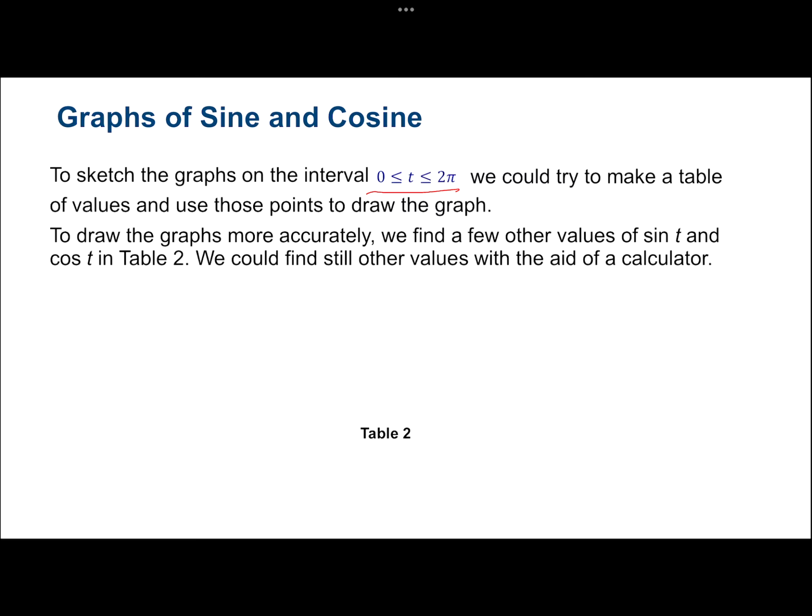On your notes right now, you have t and you have sine t, cosine t, and then a bunch of values between 0 and 2 pi. If you need more practice, it's always good. For example, if you look at your first one, t is 0. So at 0, sine is 0, cosine is 1. Then you have pi over 6. Your sine is 1/2, your cosine is radical 3 over 2. Those are just your points. So you can fill in that table,